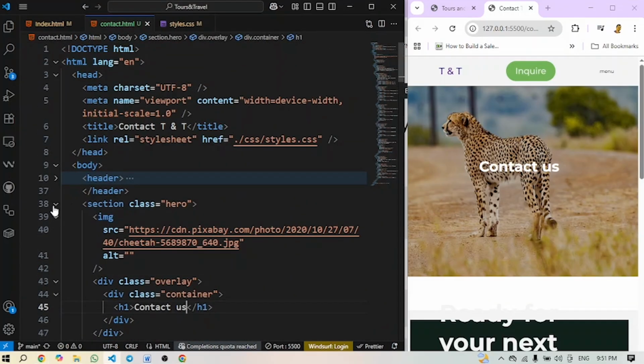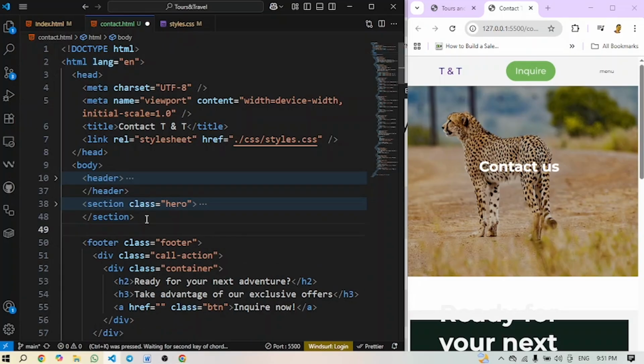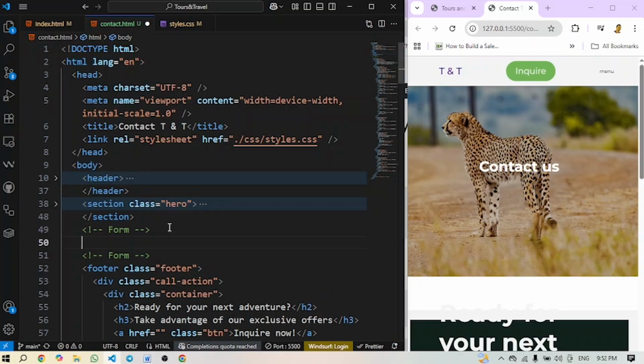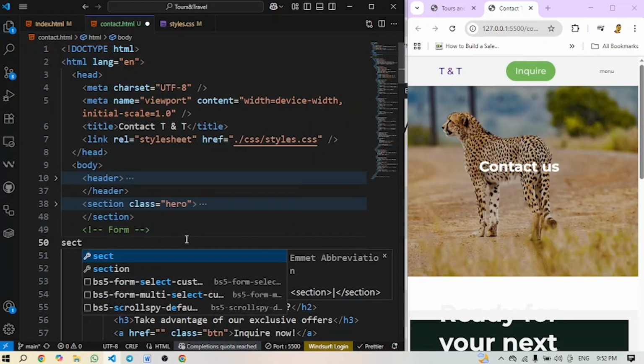And now we are going to do, if you don't know how to automatically put comments, they are just for you as a developer to help you understand which section you are working with, so they are not visible to the browser. So if you don't know how I do them automatically, just press Ctrl Shift. So the shortcut for duplicating to the next line is Shift Alt downward arrow. We are going to put another section here,